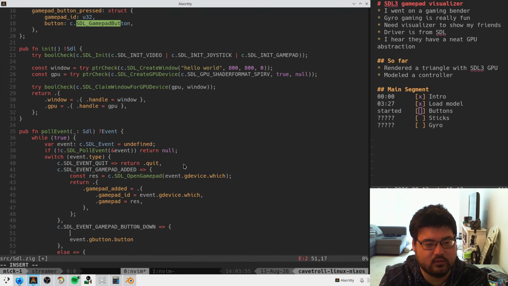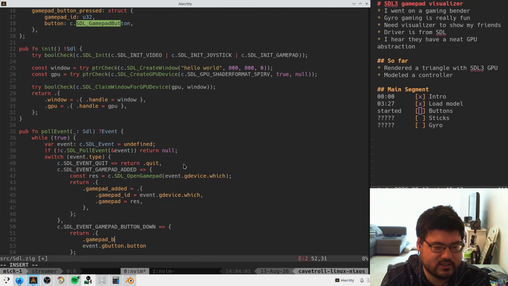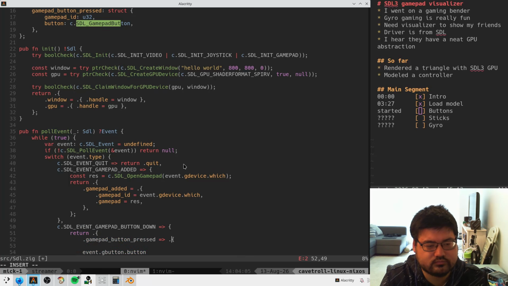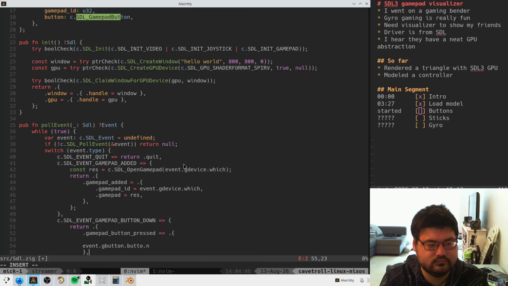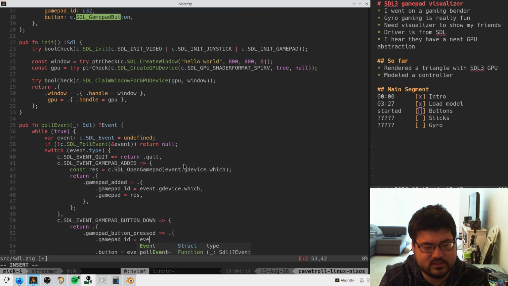So here we return gamepad button pressed. Gamepad ID is event gbutton, which button was pressed? Maybe